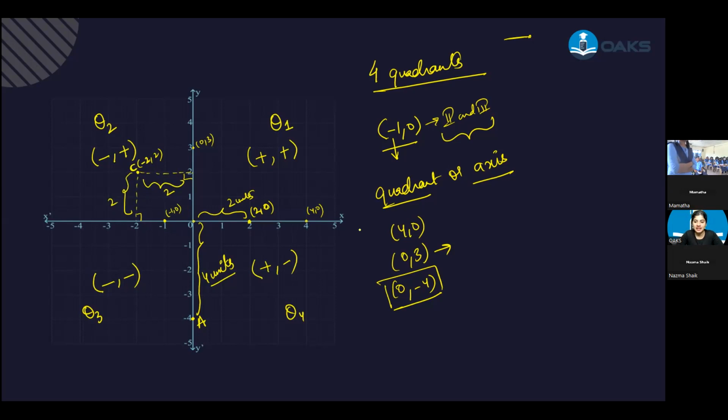Thank you so much. So I hope you understand something. We know about quadrants. We know about the signs of the quadrants. Then we know about the points which are lying on the x-axis and y-axis. Then we are learning how to plot a point and